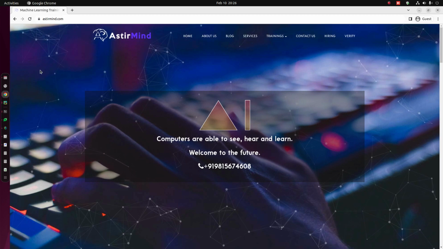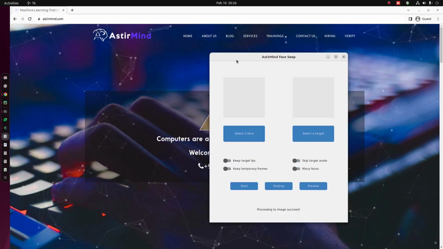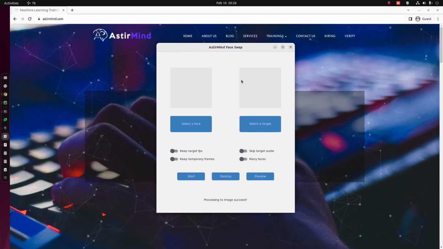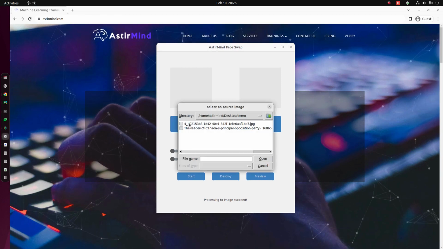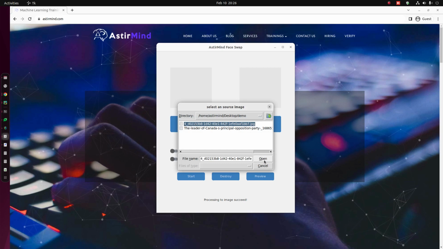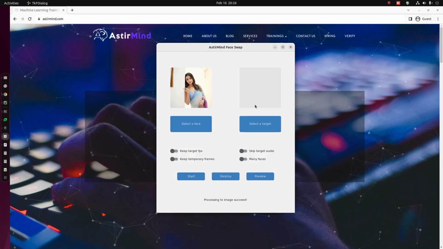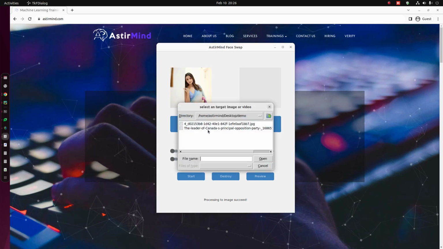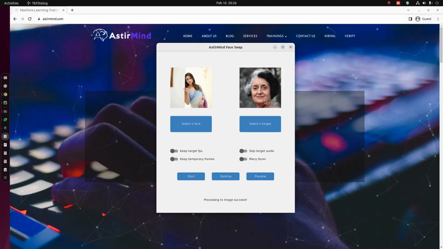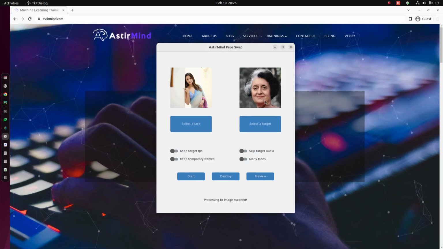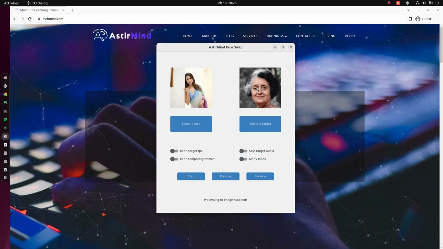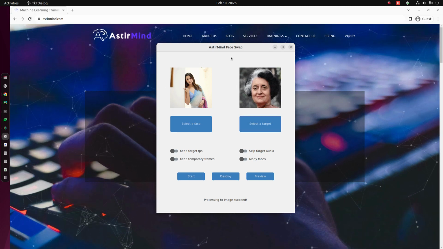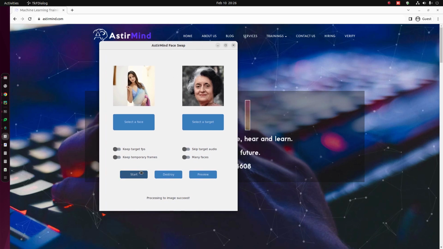And now moving to our software, this is the basic UI of our software. If I select a face, like this is Alia Bhatt, and our target will be this photo. Yeah, she is Indira Gandhi, our ex-prime minister. If I want to see Alia Bhatt in Indira Gandhi's getup, then let's see how she looks in this